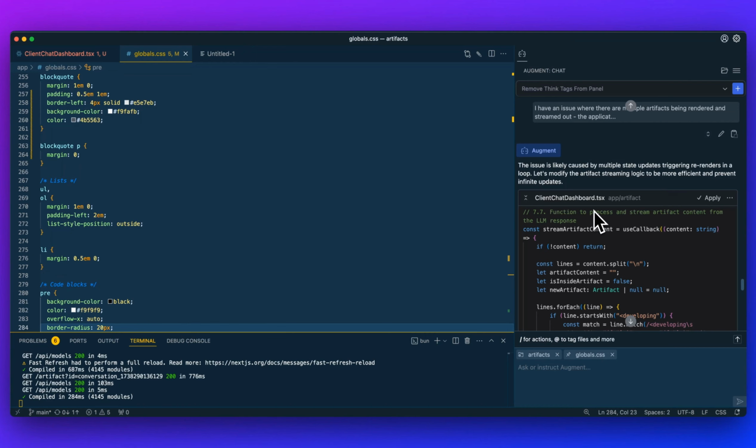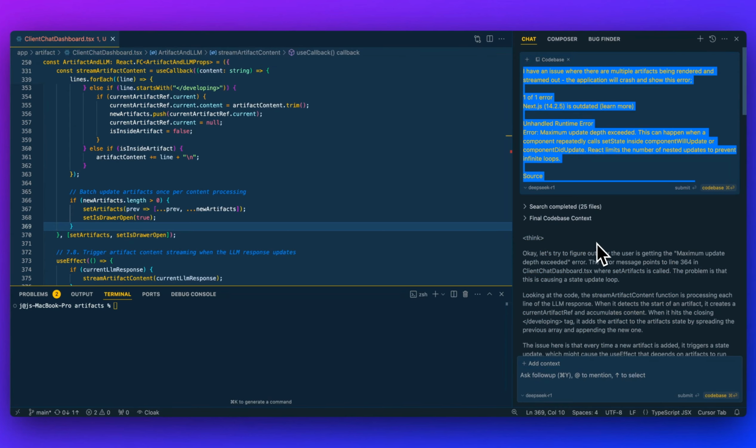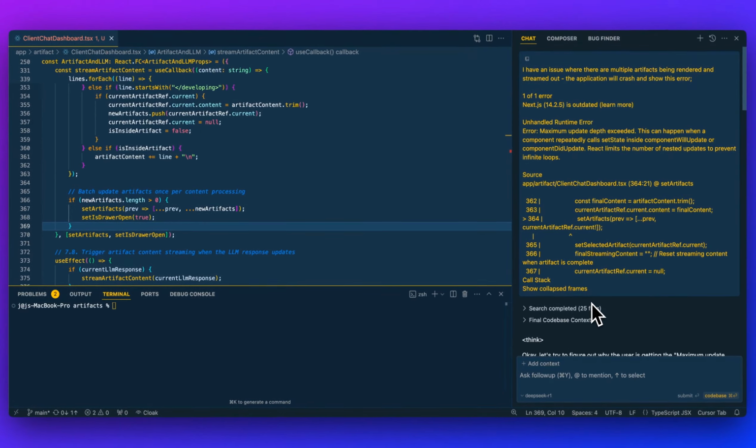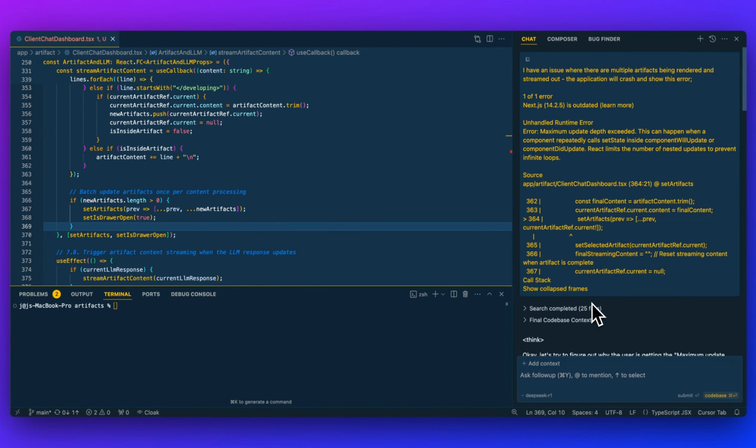I just want to pause for a second and actually just review the two side by side. Here within Augment, we got the response pretty quickly, but if I go over to Cursor, there was actually a completely different process that it took on how it retrieved the information. And I think this is really the key point to highlight within Augment that's different than some of these AI IDEs, because what Augment does is they really focus on indexing and keeping a live index of your code base where it will go ahead and perform that retrieval augmented generation,